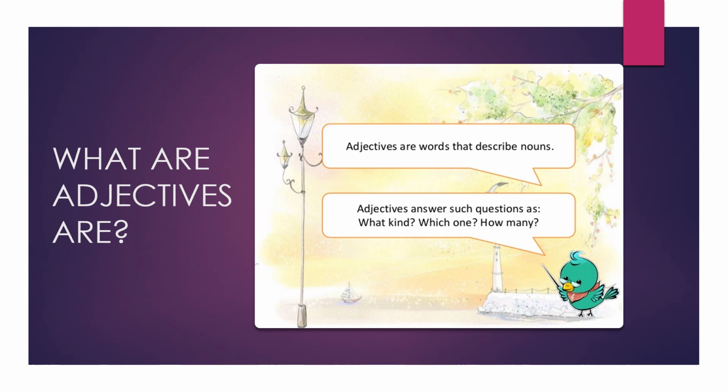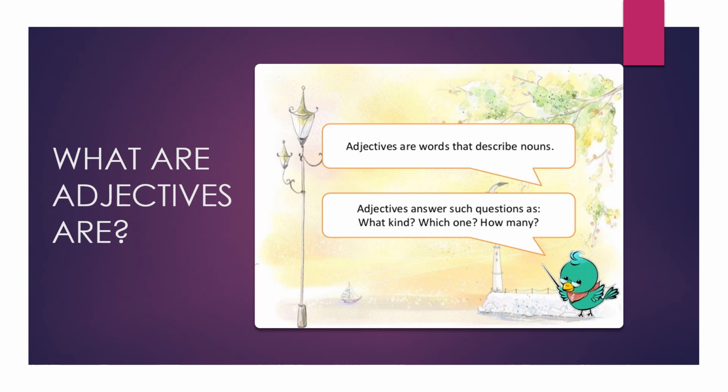So adjectives are words that describe nouns. So how are words describing nouns? For example, there is a boy, and if I say that he is a cute boy, right? So cute becomes an adjective. If there's a girl sitting, I would say that she's a very pretty girl. So pretty again is a word that is describing a certain quality of that girl. So pretty becomes an adjective.